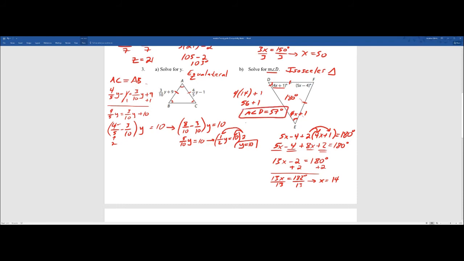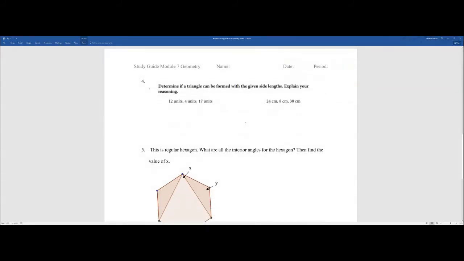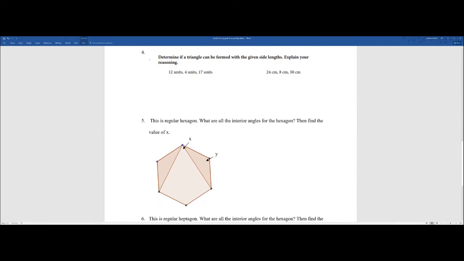All right, so moving on. We have, let's see, number 4. Okay, so triangle inequality and all that good jazz. Determine if the triangle can be formed with the given side lengths. Explain your reasoning. Okay, so remember with the triangle, two sides added up together have to be greater than